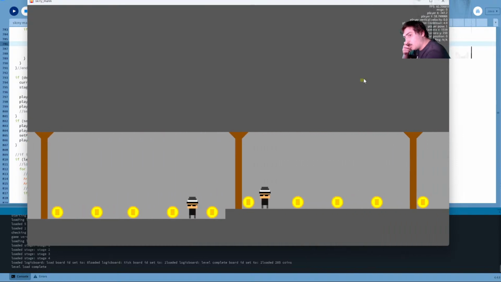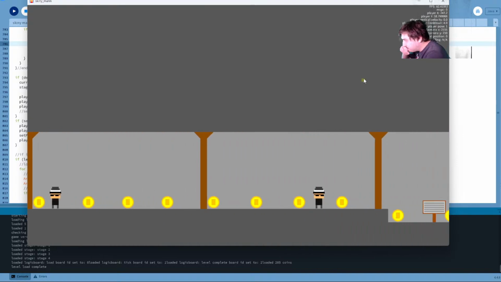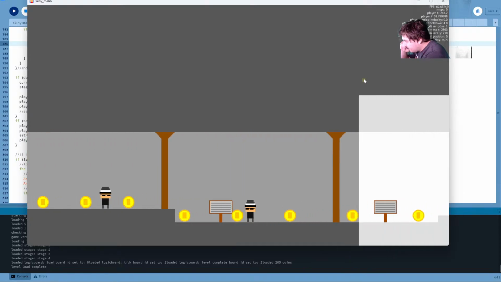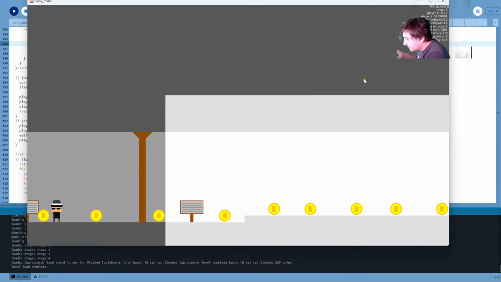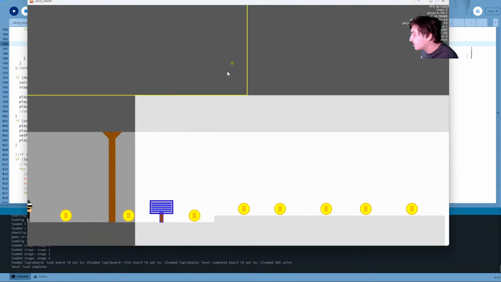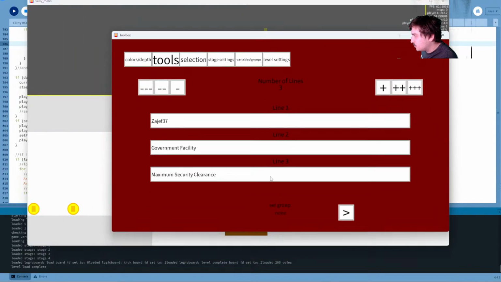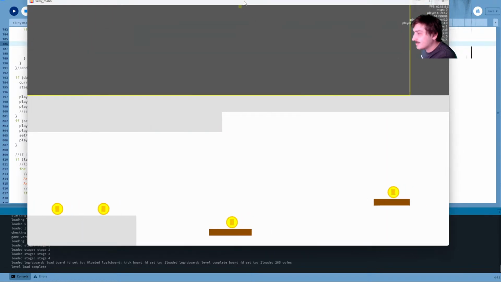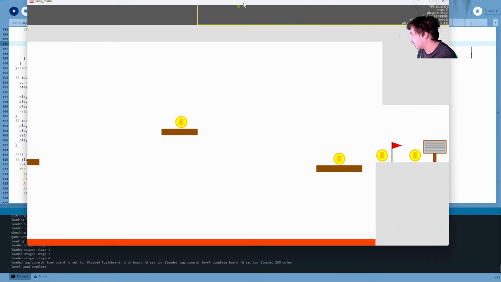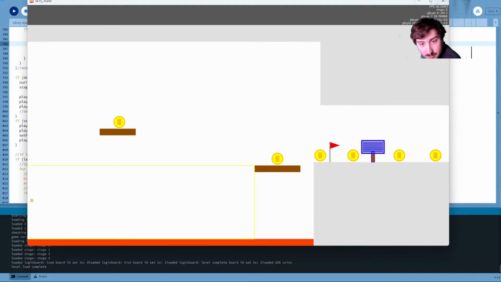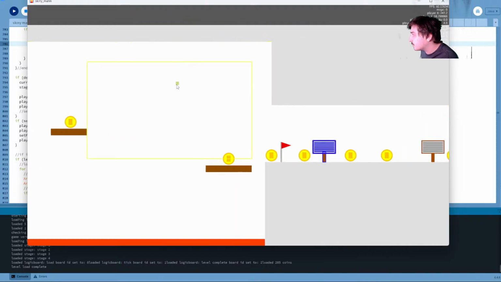I should make this camera move way faster. I don't know why I haven't. Okay, I think this may have been the right one. What did this sign here say? Maximum security clearance. Ooh, don't do that. That's on one page. Okay. Yes, I have the new selection system, you may not remember. Cool stuff. What is this thing? It says containment facility this way, okay.